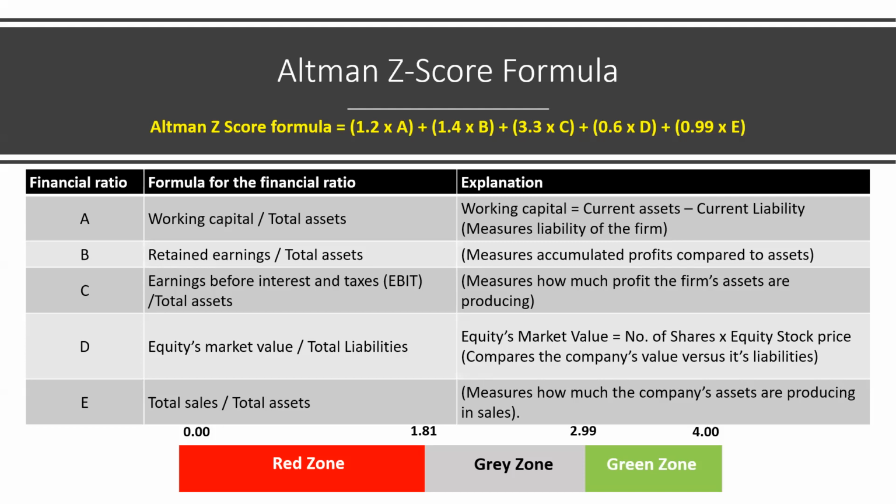So the basic thing is, getting this data is a challenge for most people. In the case of public firms, this data is already available on public platforms. But even I have seen in most website pages and YouTube videos, I have found most people have not shown how to get this data to calculate this Z score, even for public firms. But now in this video, I have shown how to get this data to calculate the Z score of a particular company.